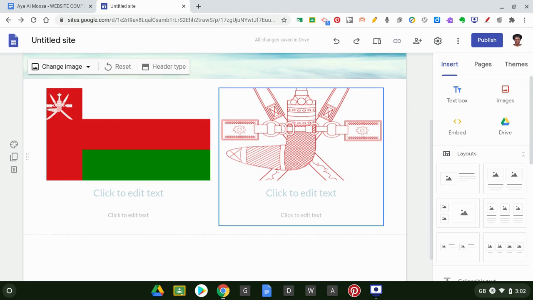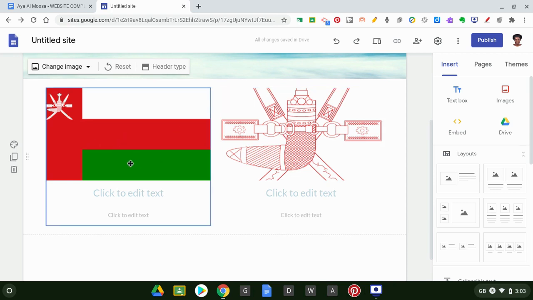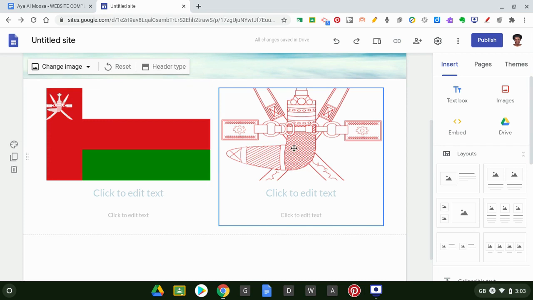A link is a picture or a word or a phrase that when you click takes you to another web page. When we are doing our searches in Google, when we type our keyword, we first get a link, a long sentence that is blue with a line. When we click that link, it takes us to another website. Our link is going to be a picture, and when we click that picture, it should take us to another page. So how do we make our picture a link?